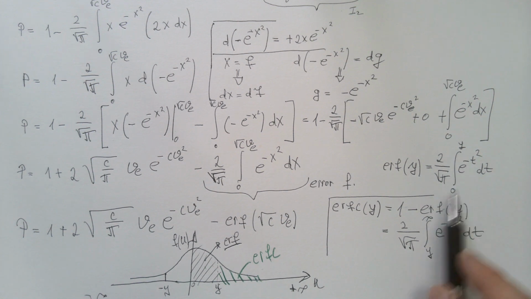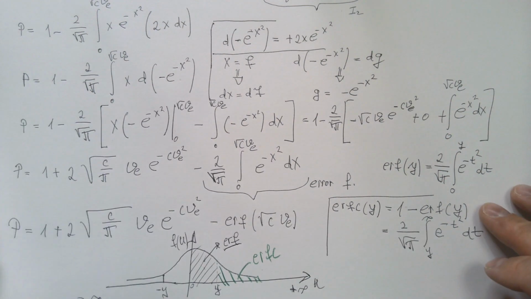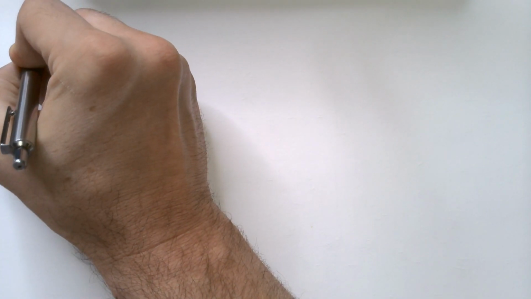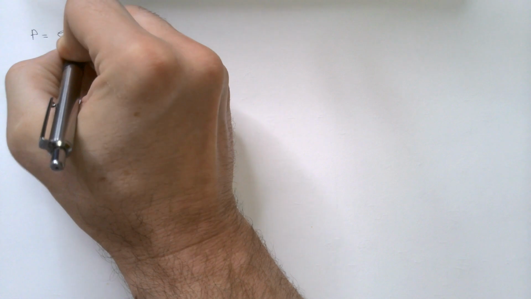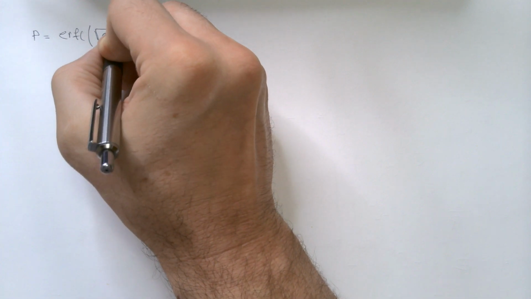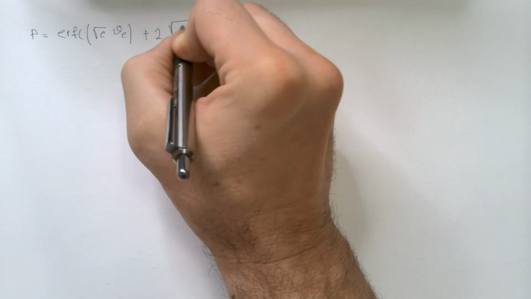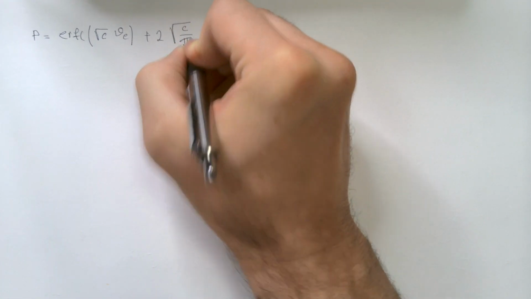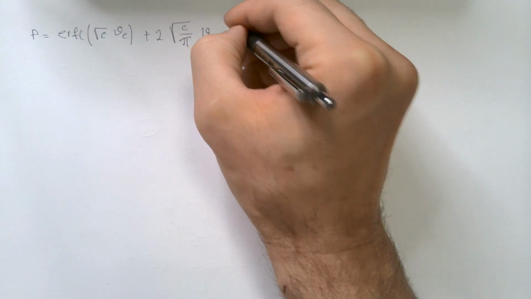When the limits are something else, then we have to introduce this error function, and now you understand how the error function is related to the Gaussian integral and how in turn it is related to the complementary error function. Now let us go to the next page. So going back to my integral P, I can write that this is equal to the complementary error function of square root of c times ve plus 2 times square root of c divided by pi times ve times e to negative